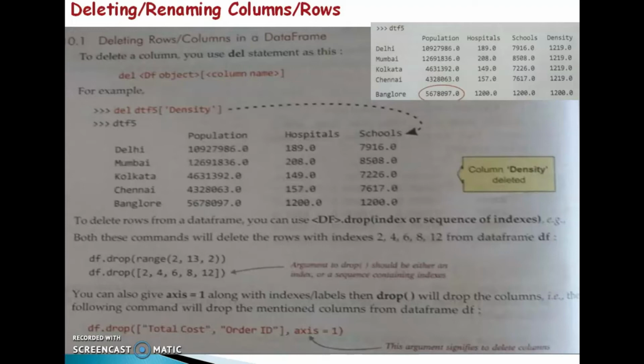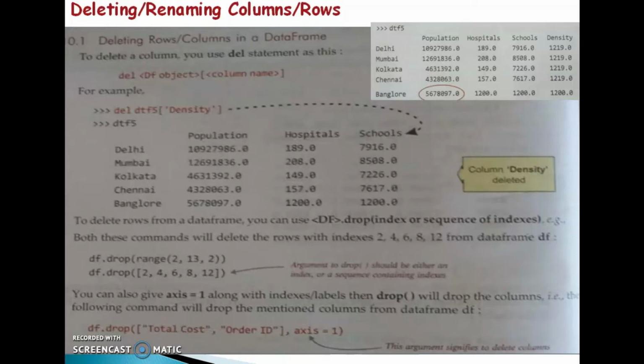Clear? To delete rows from a data frame, we can use the drop function. The syntax is df dot drop. Inside the parentheses, you can specify an index or sequence of indexes.